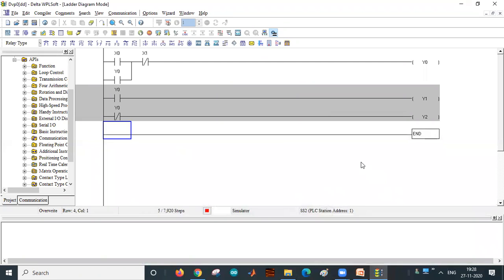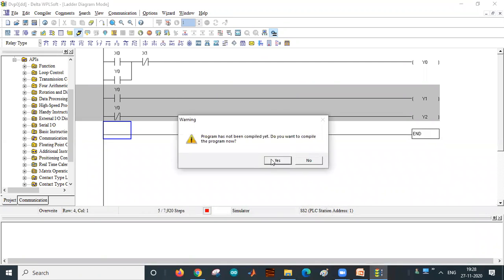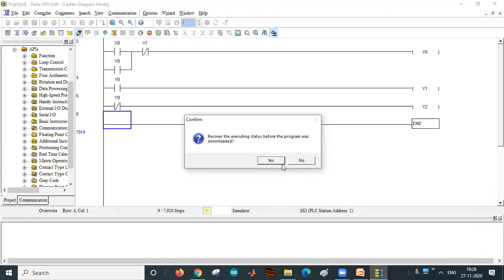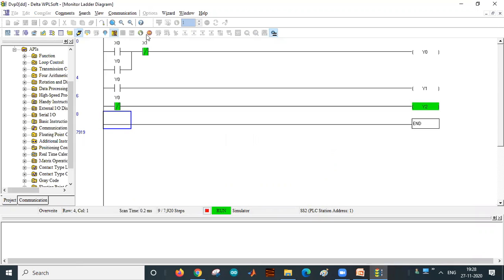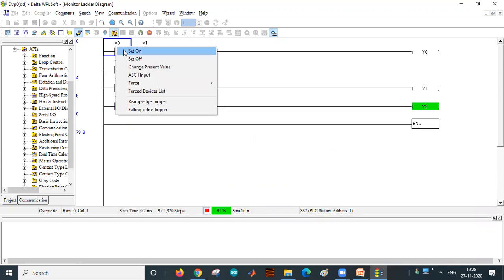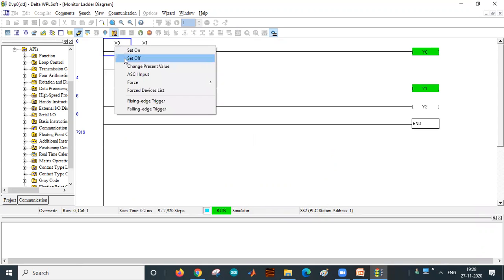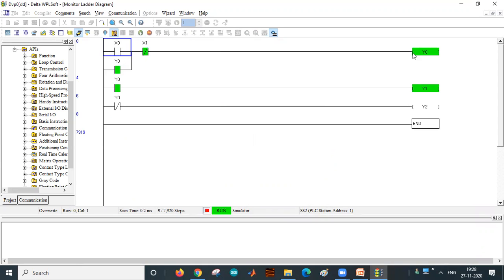See how it will work. Now you are pressing the start button. Y0 will be energized. You will release the finger, so the motor will be in continuously running position.